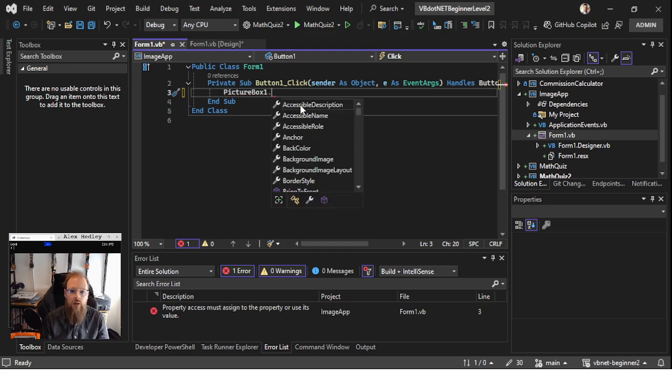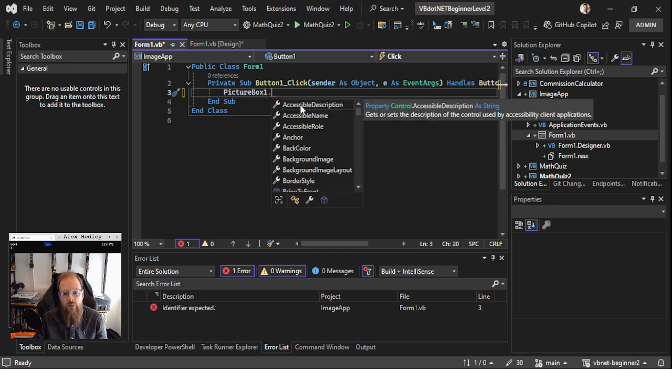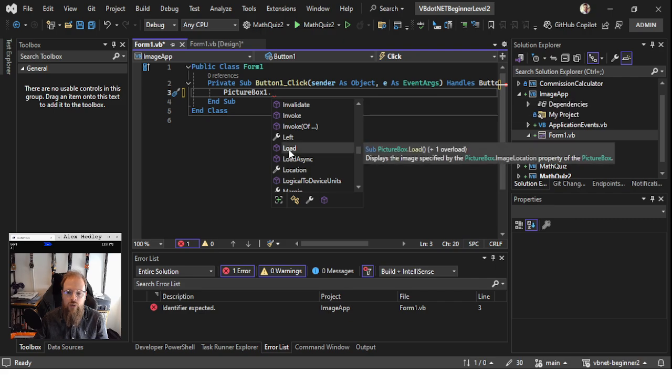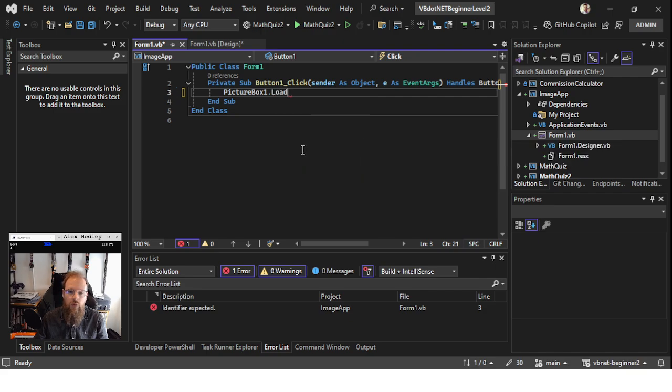Well, we can press dot for IntelliSense to pop up and have a look at some of the methods that are available on this picture box control. And one of them is called load. So if we click on load, it says this displays the image specified by the picture box image location property. So we're going to say load,